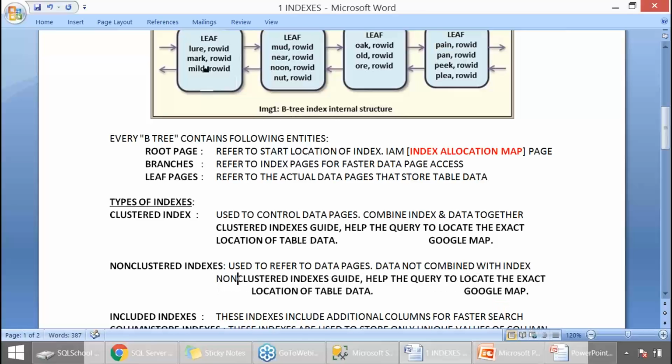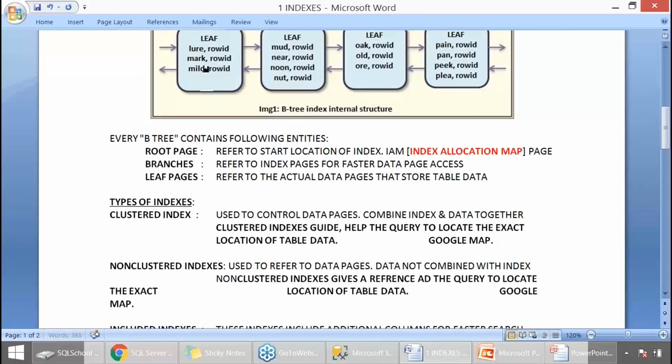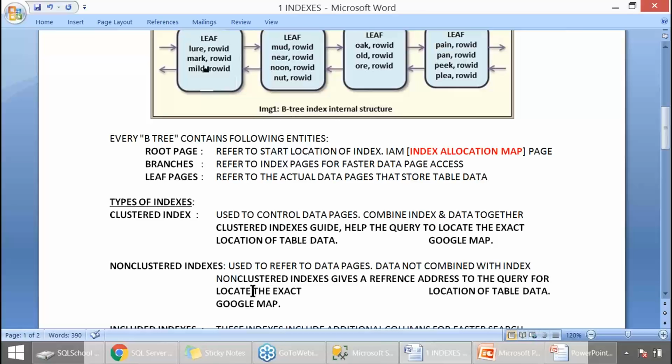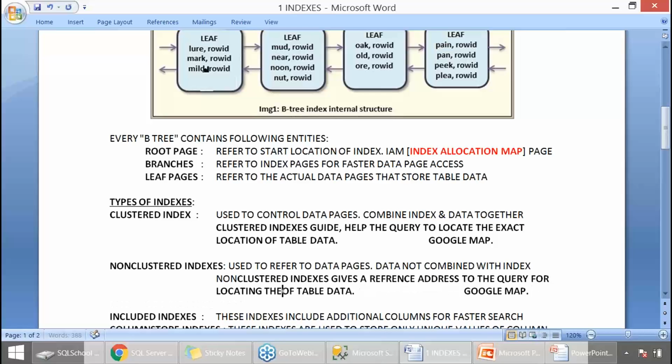The non-clustered index gives a reference address to the query for locating the table data. It may not be the exact location, just like an arrow mark or a direction board beside the road. To make it simple and straight.